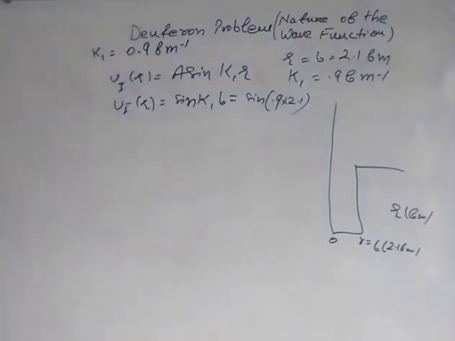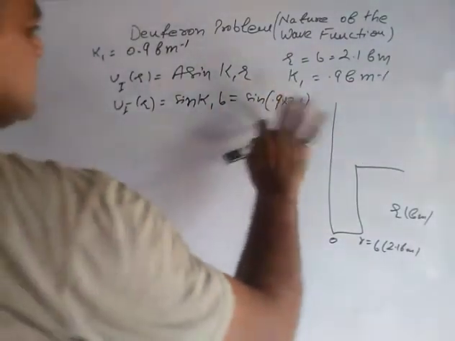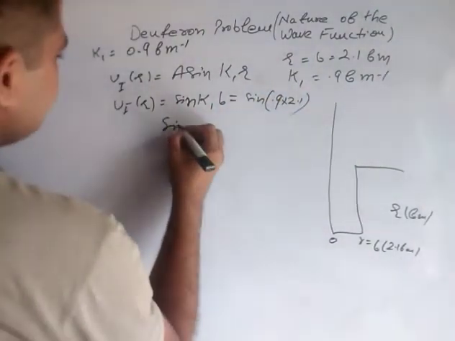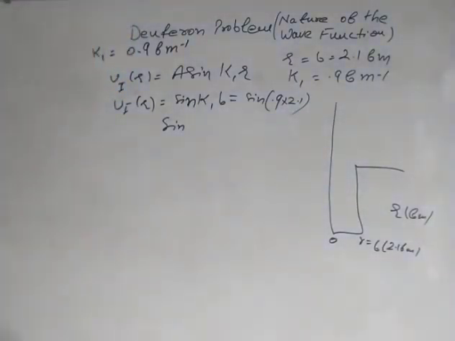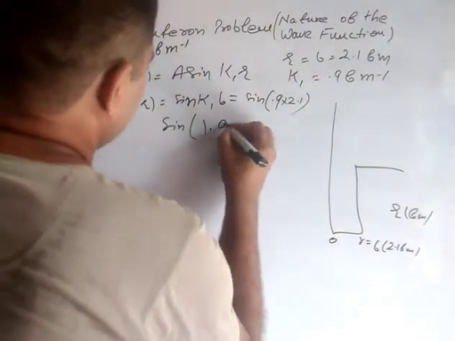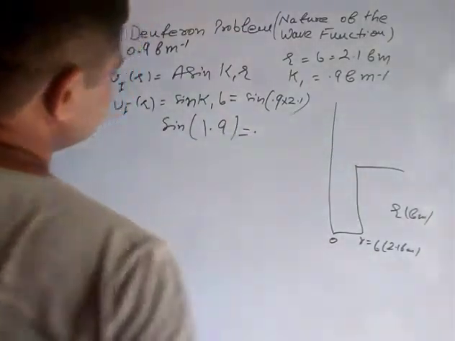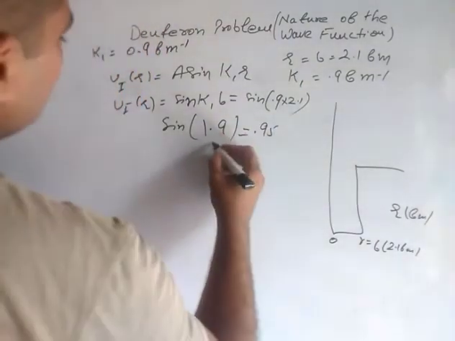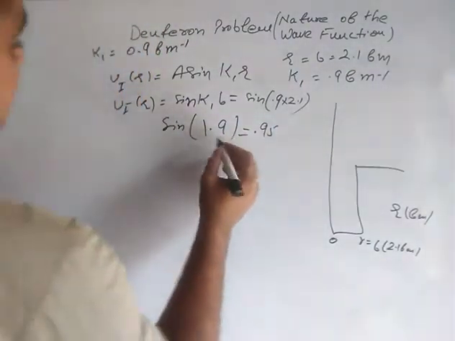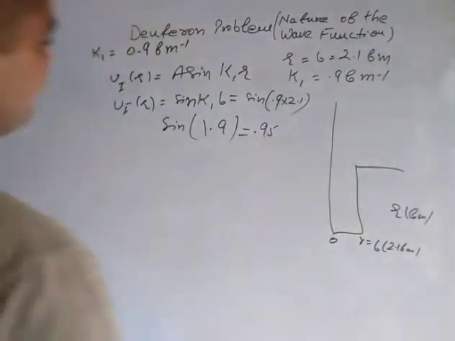That's because the femtometer inverse and this femtometer will cancel out. Now this is in radian, so you calculate sine of 0.9 into 2.1. When you multiply 0.9 with 2.1, you will get approximately 1.9. So sine of 1.9 radian will give you 0.95. Because this is in radian, not in degree. It is sine of 1.9 radian, so sine of 1.9 is equal to 0.95. So this is in region 1.